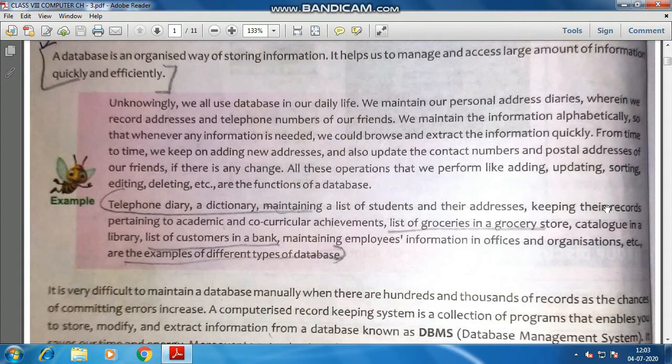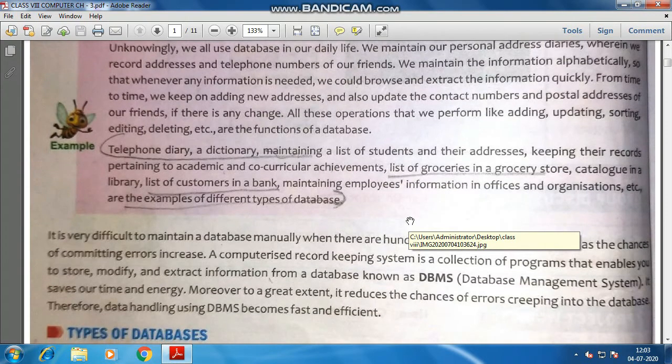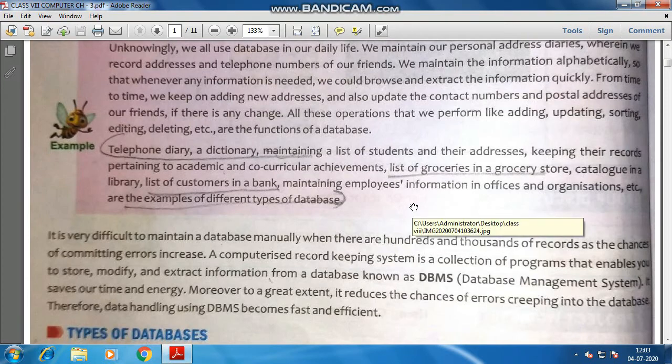Next is keeping the records pertaining to academic and co-curricular achievements. This is also a best example, right? How is the database utilized for academic and co-curricular achievements data? How is the school recording or saving the records for the students in the form of academic or co-curricular achievements?